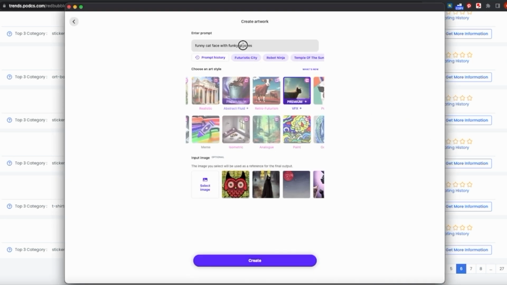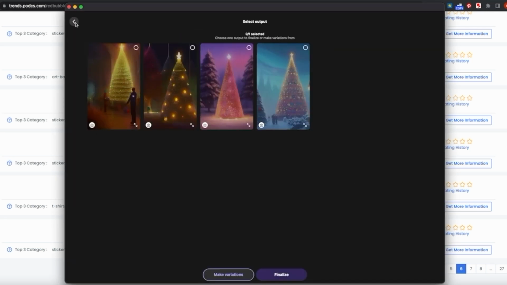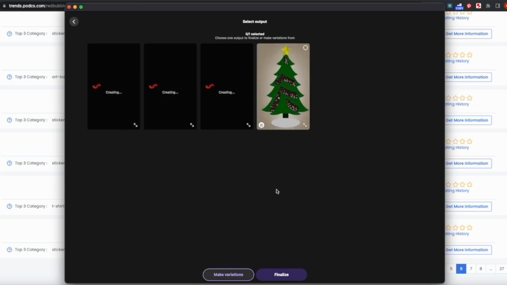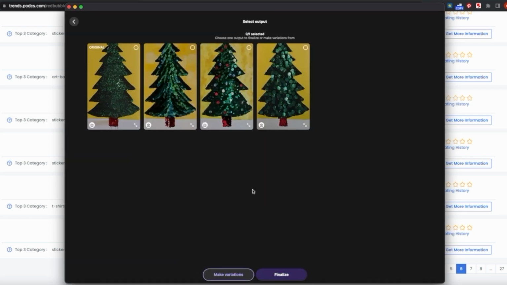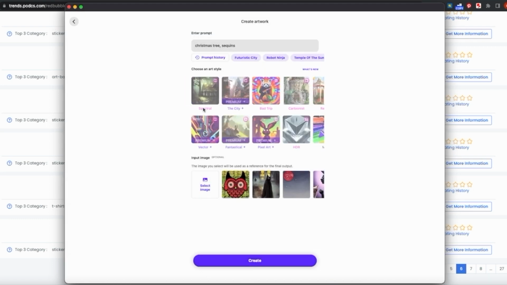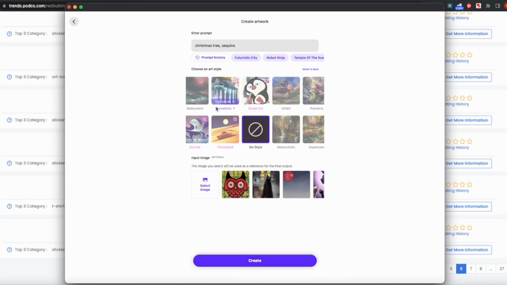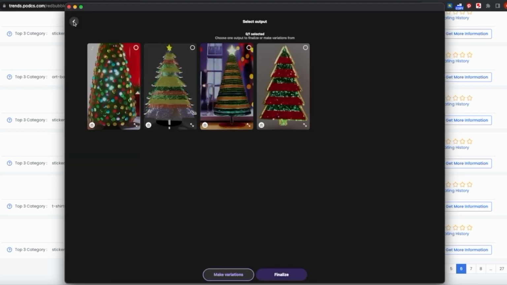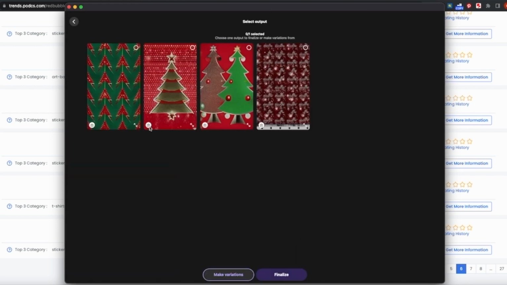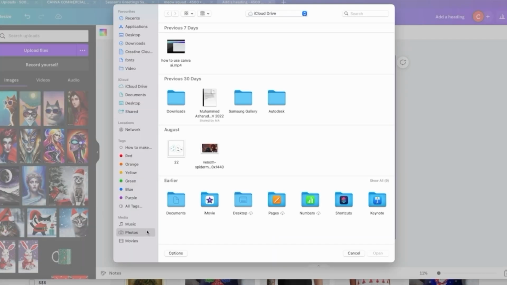Going to Wombo, and we're going to paste it over here. You can try different keywords and come up with similar designs as well. I'm doing this in fast forward because I have already shown you in my previous video how you can create all these designs. So once you have all these designs that you are comfortable with, upload them onto Canva, and